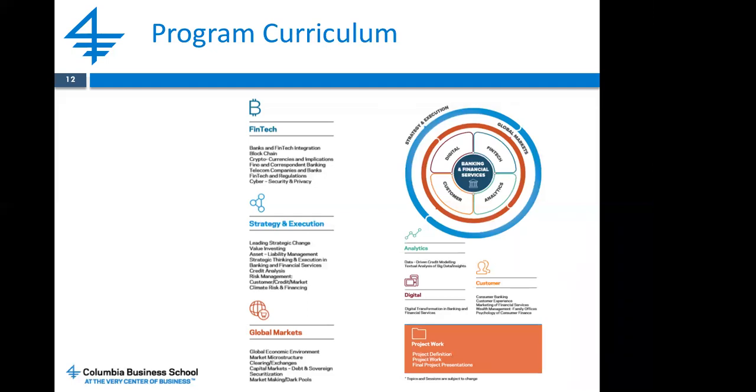That's some aspects covered under analytics. Digital, again, Columbia Business School is at the forefront in terms of thought leadership on this area. As we speak, in a few weeks, there is a Bright conference happening on the Columbia campus, which brings together change agents as well as thought leaders from across sectors on digital transformation or disruption. And the same faculty, David Rogers, would cover aspects on digital transformation in the financial services sectors